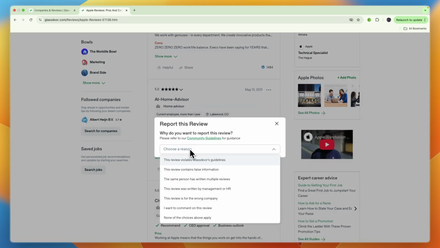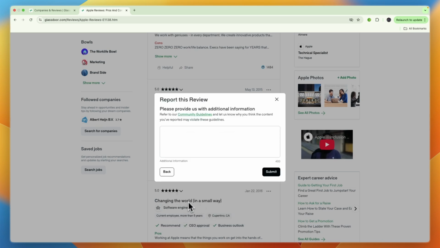And then you need to choose a reason. So for example, if it violates the guidelines, it can be deleted, which you can read by clicking community guidelines. Or for example, it contains false information, or the same person has written multiple reviews. This review was written by management or HR. This review is for the wrong company. Or for example, I want to comment on this review, or none of the choices above apply, and you can